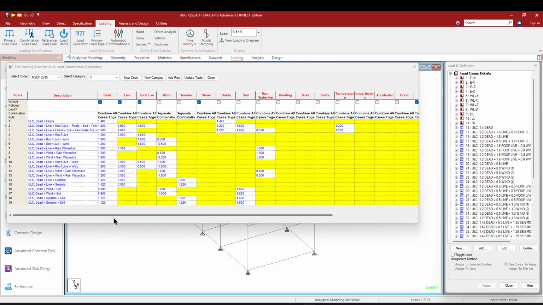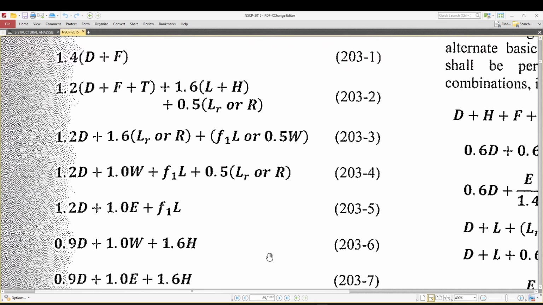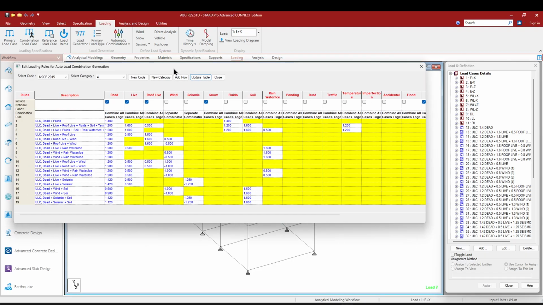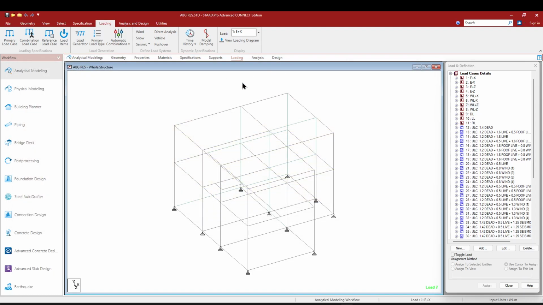Yes, I think that will be all for this loading combinations. I think we already included everything with the basic load combinations given in this section, and we already have it inputted here in our load rules and auto load combination generation. So if you update all of these tables, update table, it is now embedded here in your installed STAAD.Pro